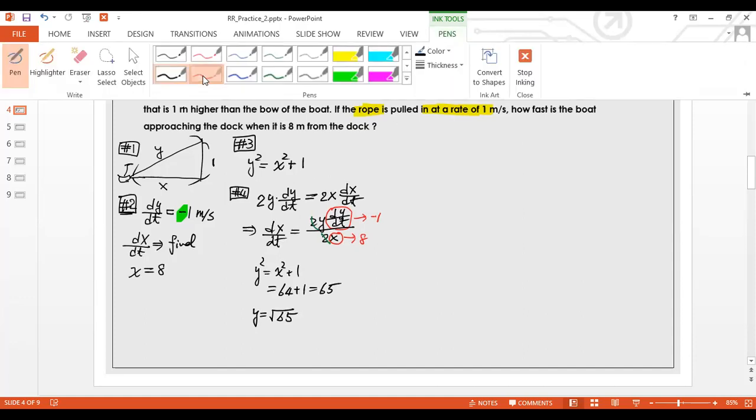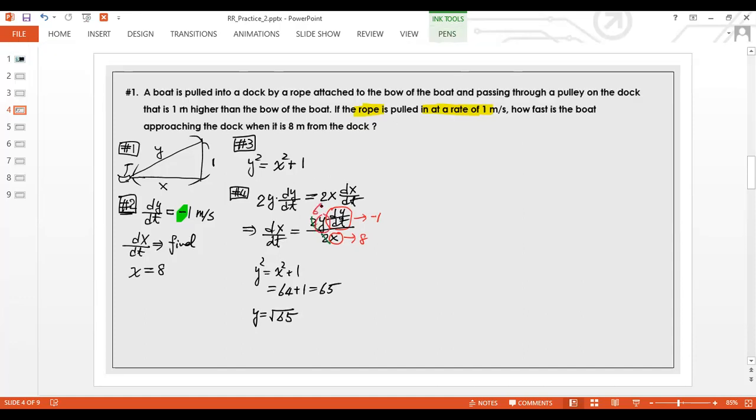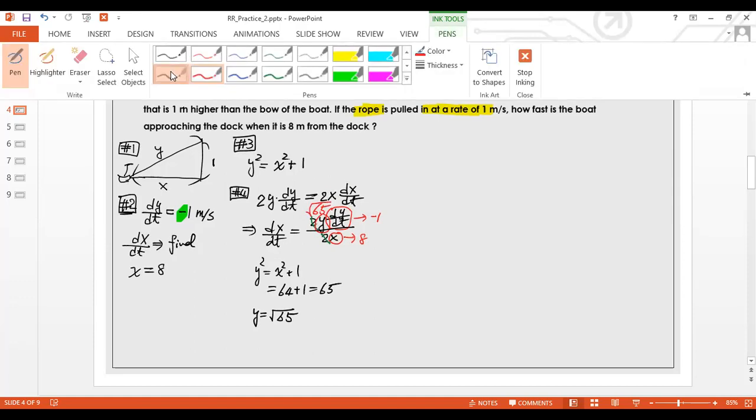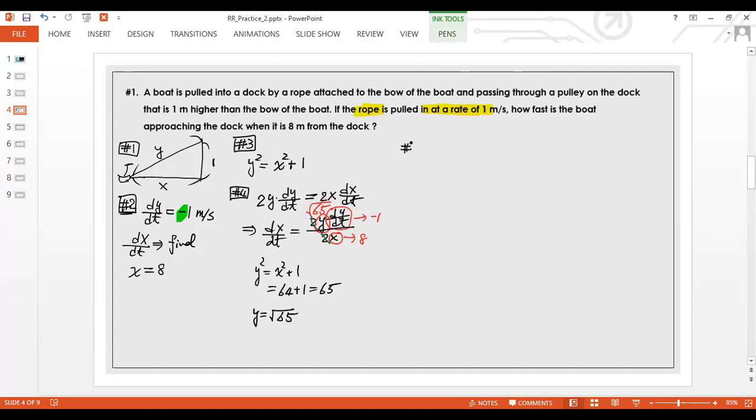So now I have everything here. This is 65 here, square root of 65. So now my final answer is here, I'll be able to find it. I know that dx/dt is equal to the square root of 65 times -1 divided by 8. Okay, so then you will get the answer is approximately